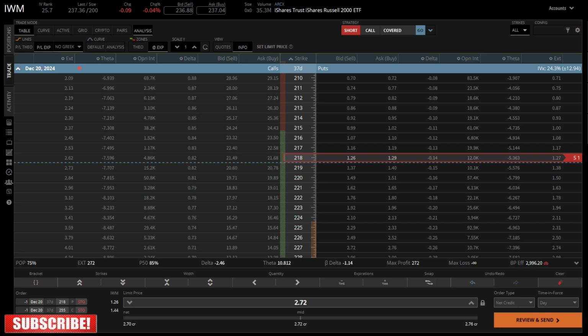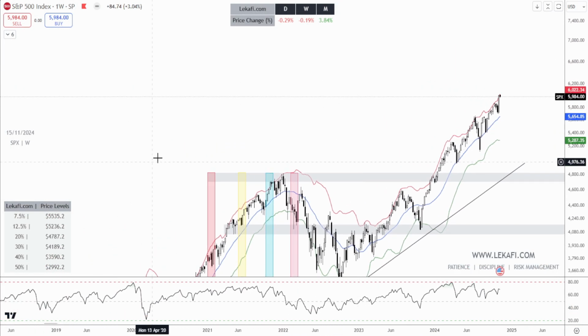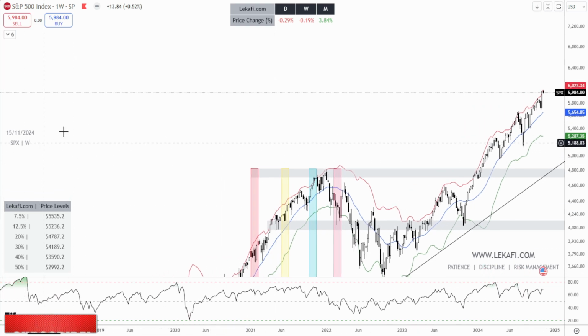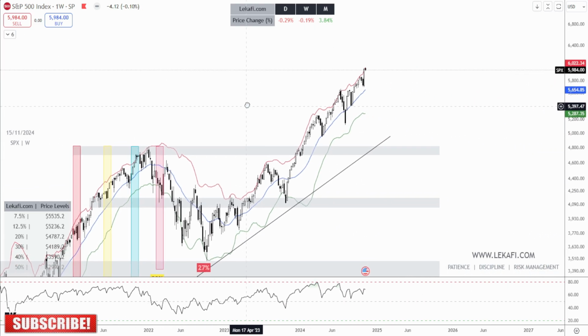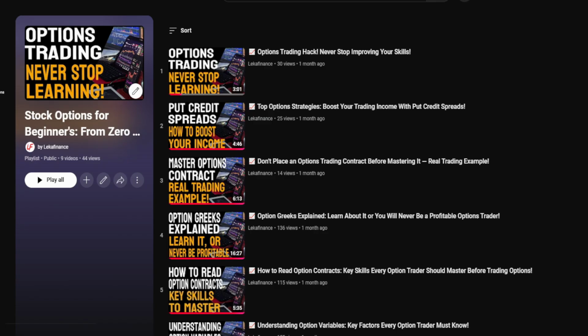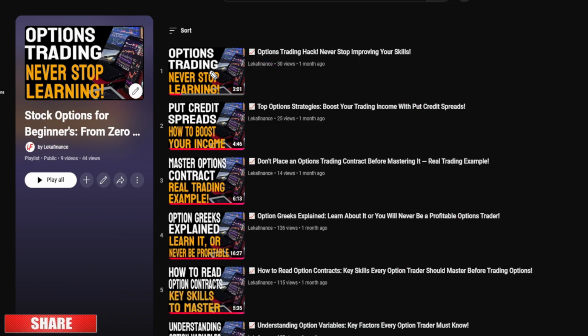And if you come here to my TradingView, if you go all the way down here, as you guys can see, I have my indicators here that tell me pretty much where I'm going to place the strike price in relation to where the stock might be trading, okay? If you want to get hold of this, guys, very simple, just join our Discord group and you can get everything for free, okay? And don't forget, again, just repeating myself, if you haven't traded options before, learn these, guys, and learn how to trade options. It's free, by the way, okay?